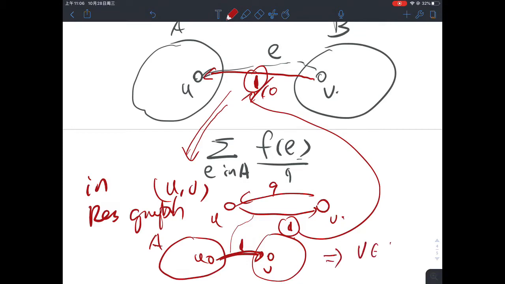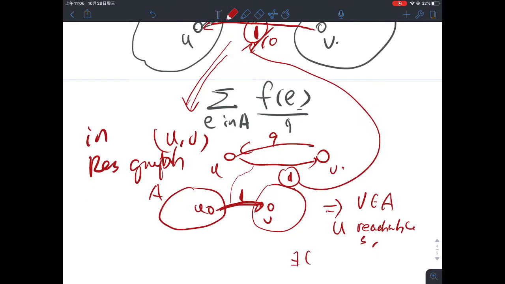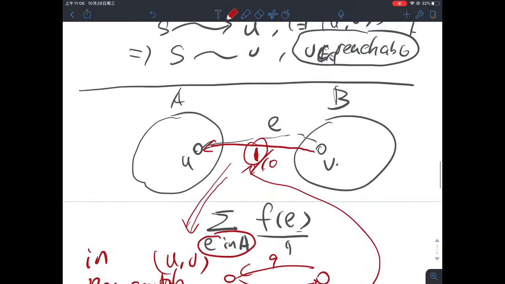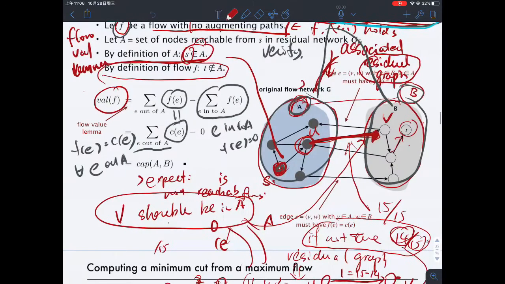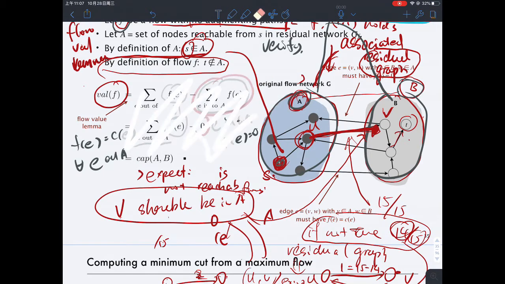This also implies V is part of A, because U is reachable from S, and then there's an edge between U and V, so that implies V is also in A. So that again contradicts the fact that we picked an edge that's crossing the cut. So both directions are more or less the same. That's the reason that for this component here, we get 0 as well. After we have both of the components,